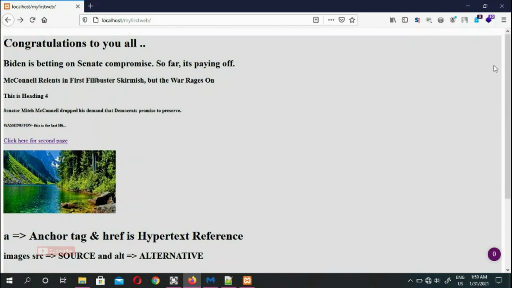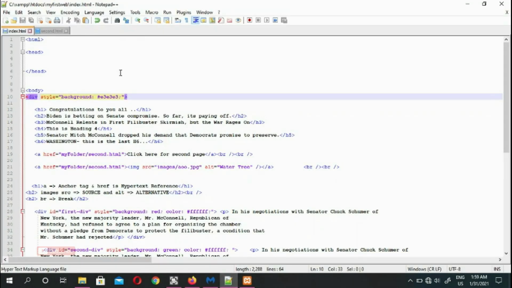Did you guys see that this one changed? You can put any color you like. You can put white FFF, which is the default color, or E3E3E3, which is a binary of gray. You can put gray as well, it's up to you,